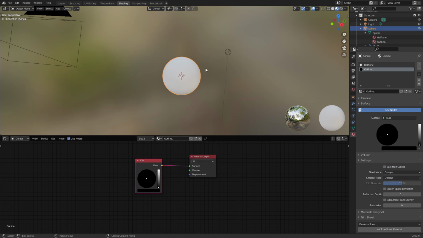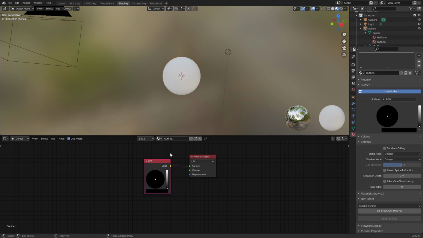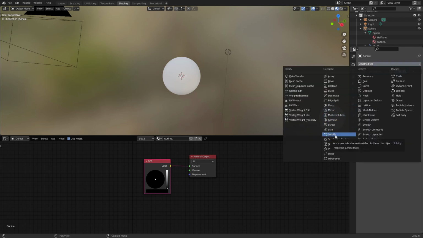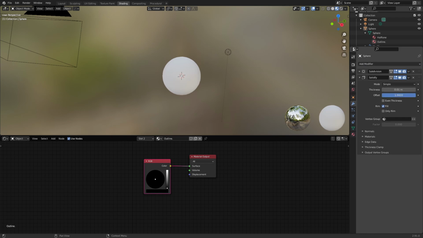We won't use a shader because we don't want a shadow on that outline. And in these material settings, we activate the backface culling. We add a solidify modifier, set this to 1, change the thickness, invert the normals, and change the material offset to 1. That way it will use the second slot. And with the inverted normals,